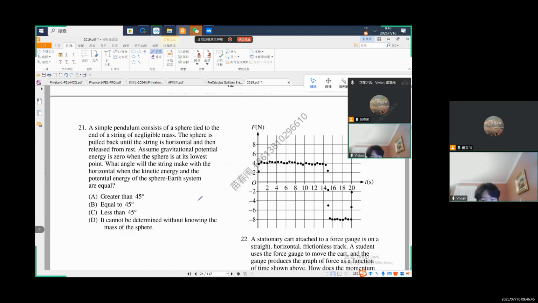No. I'm going to draw it out. The sphere is pulled back until the string is horizontal and then released from rest. What angle will the string make with the horizontal when the kinetic energy and the potential